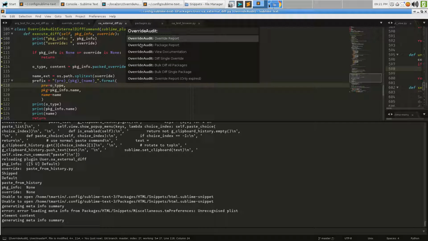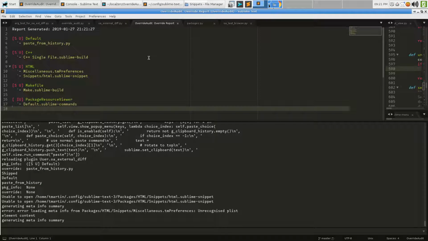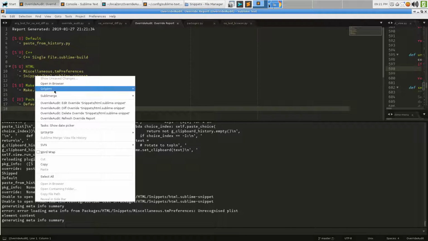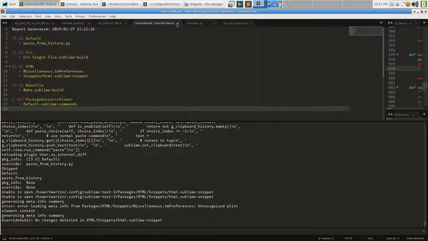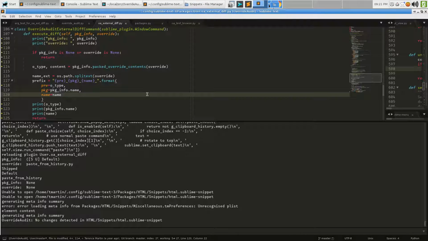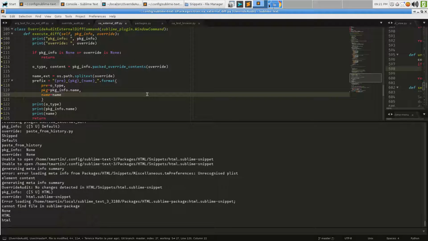So if I was to override report, there it is down there. Actually, I thought I was working in the default package, so that would fiddle some stuff. Here's that, and if we were to diff that, there are no differences found. This is where that whole file name thing and dates come from in the headers, by the way. So if that's the case, and this is just something I wanted to test because I wasn't sure if I fixed this or not. If I pick HTML snippet this,